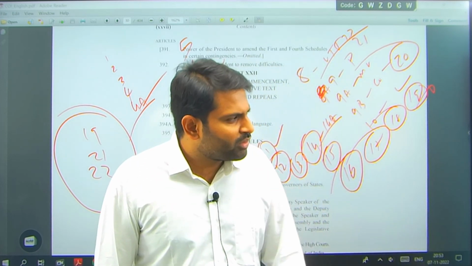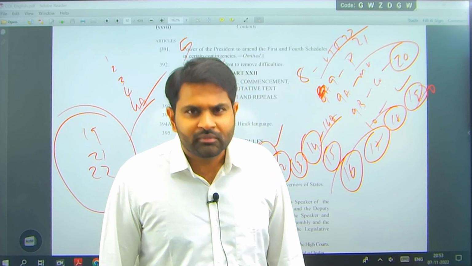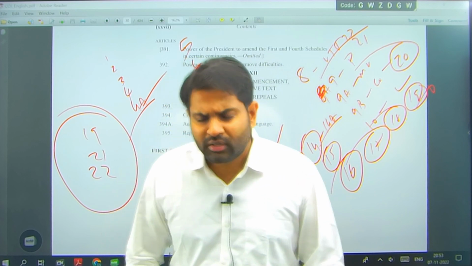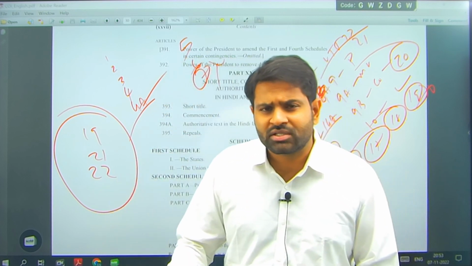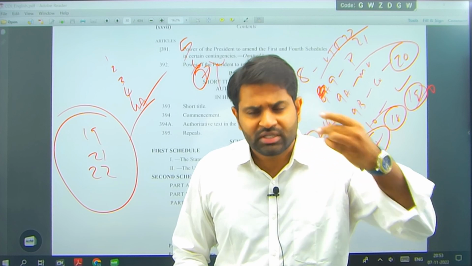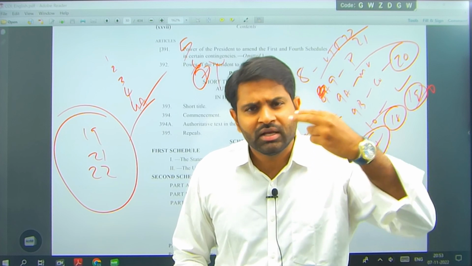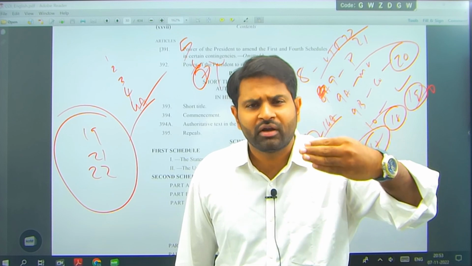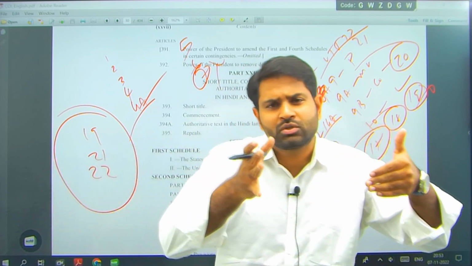Acha, you want to write in notes? Okay, I'll repeat once again. Part 1 is talking about union territory. When I talk about state features, I spoke about territory, citizenship, right? Citizenship for population. Territory, citizenship or population. Third one is government. Fourth one is sovereignty. I am trying to link those features to the Constitution.